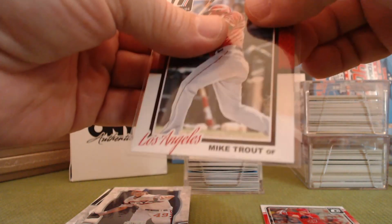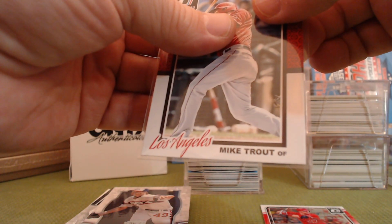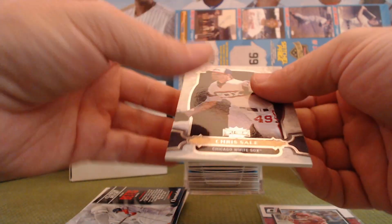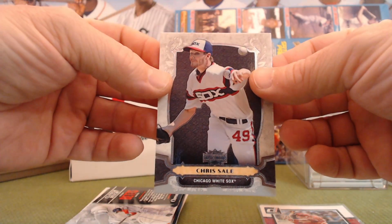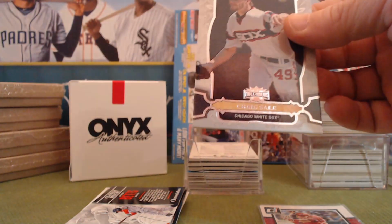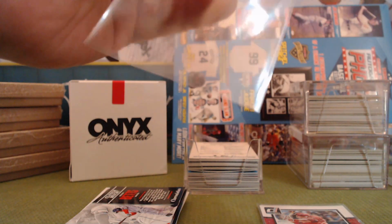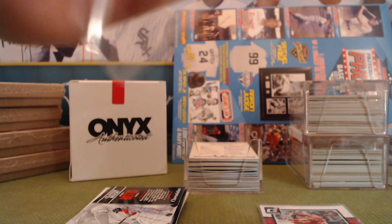So the Angels, let's see, might as well start knowing who's got the Angels. Mike G with the Angels. Next up, we got a Chris Sale, back when he was with the White Sox. That is going to Mark. Good to see you, Mark. That is going to need a bigger